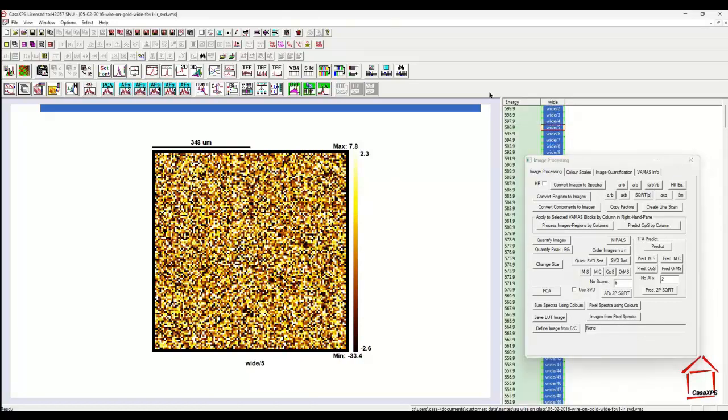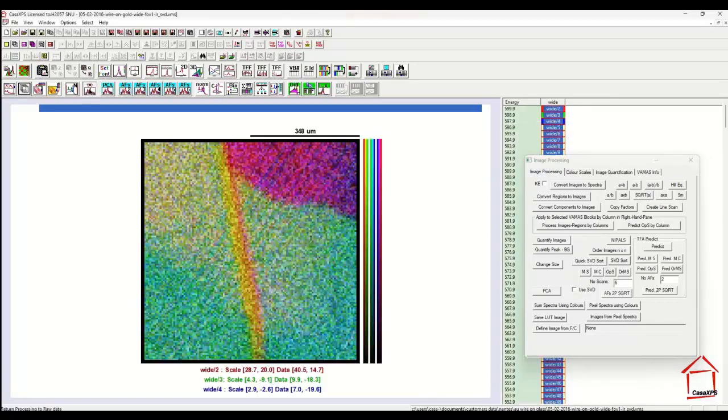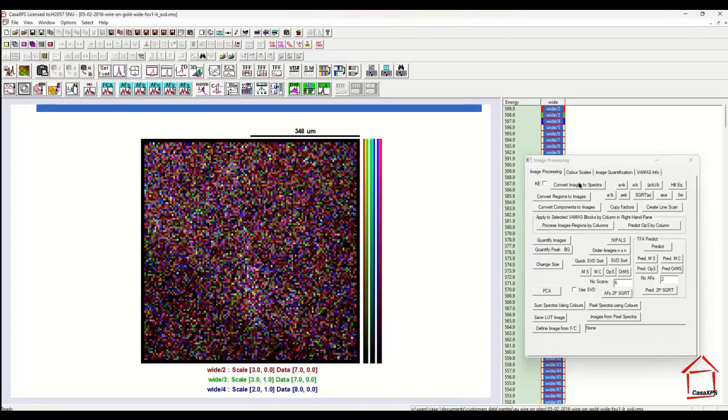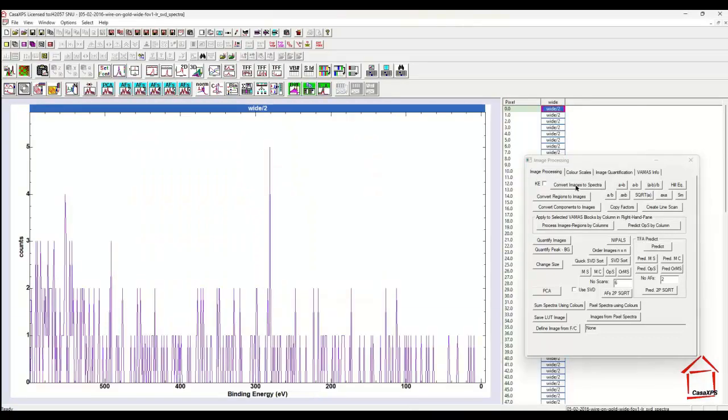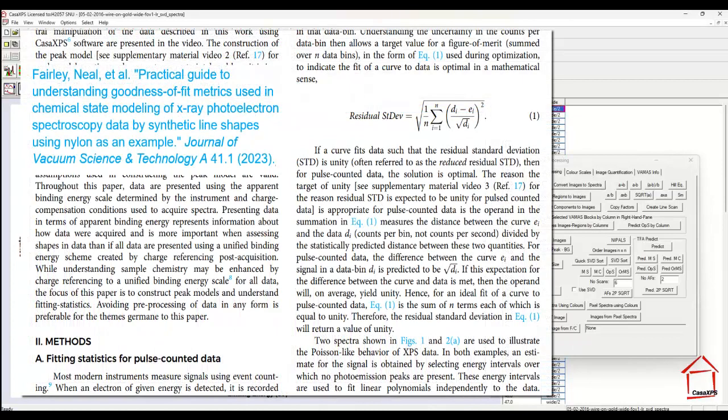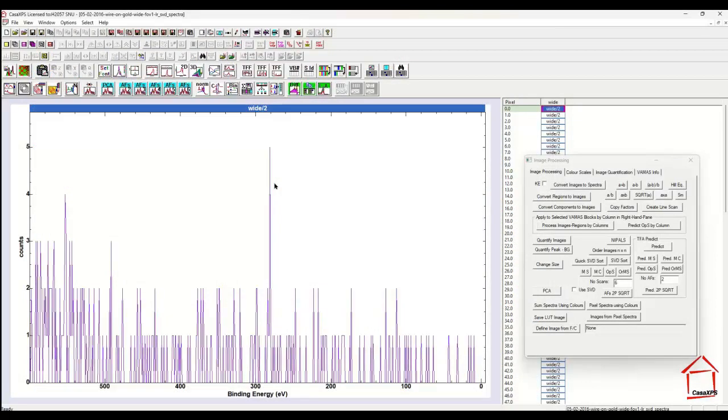So let's return these data to the raw state and convert the data to spectra. Spectra are probably easier to understand because we do peak fitting on spectra, and when we do peak fitting we use statistics such as the chi-square, and there's a reason why we use the chi-square, and it does relate to the optimum scaling. Here we have an example of a typical spectrum at a pixel, and it really is mostly